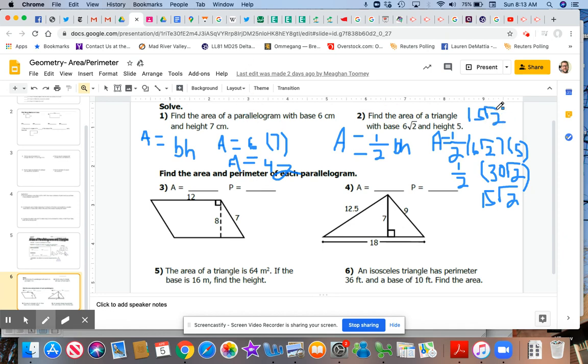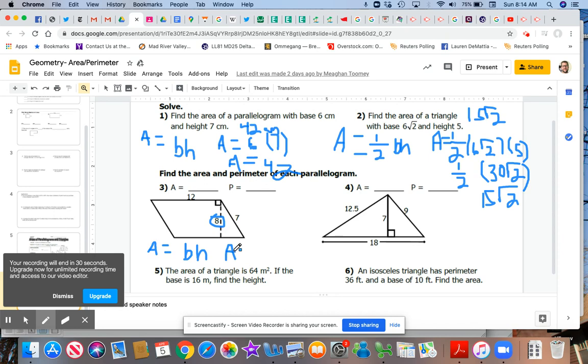And the answer to the first one, it doesn't give what the measurement is, but here it's 42 centimeters. Here, again, this is the height. So area equals base times height. So area equals 12 times 8. And I'm going to continue this video because we're running out of time, and we'll finish it off in